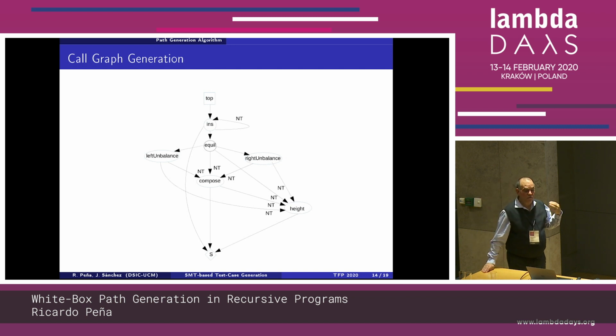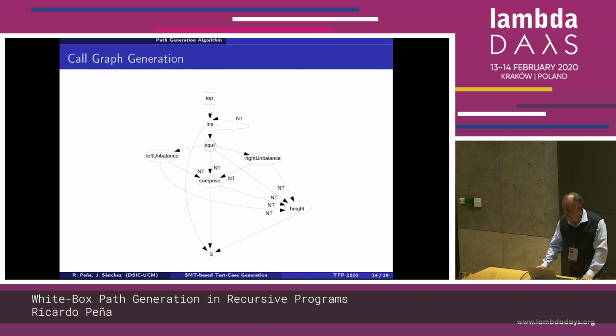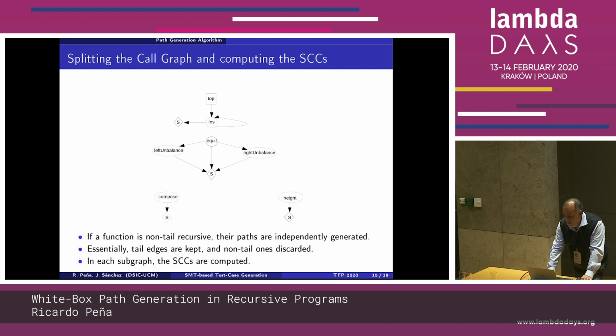Then we decide that compose is non-tail, and then all the edges going to it are non-tail, and this is the same for the height function. Why do we do that? Because in the next phase we have to split this graph into a set